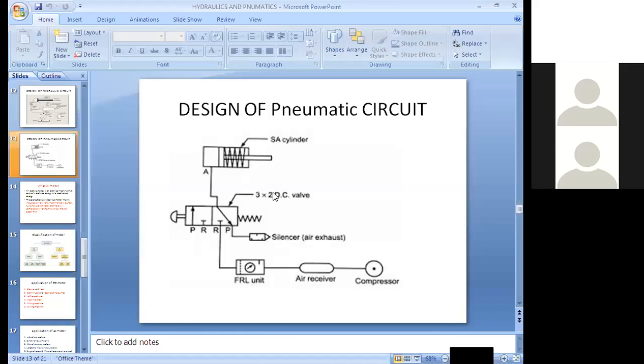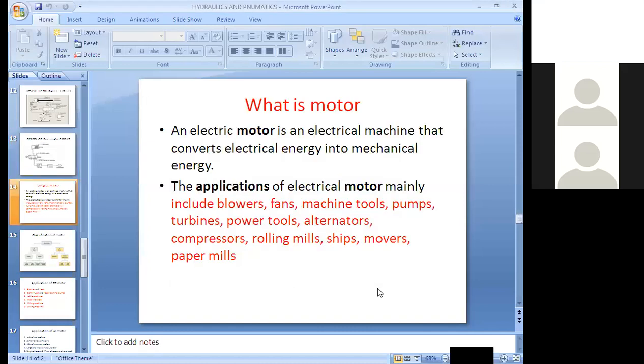Yes, sir. Okay, so the next very important topic is what is a motor. Motors, different types of motors, and another very important concept after hydraulics and pneumatics is the pump. Related to pumps and motors, we are going to study in this module. Many different types of pumps and many different types of motors are there. Pumps we will discuss later. First I would like to explain the concept of the motor.